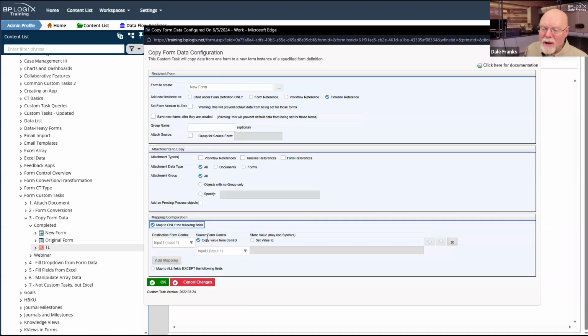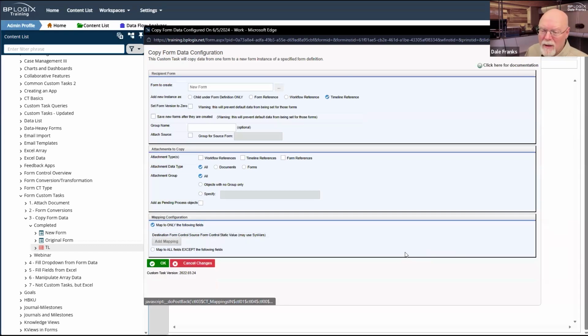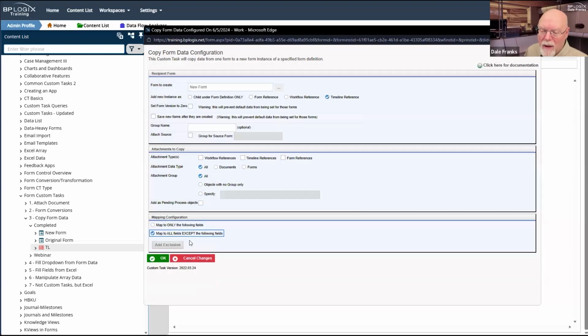I thought there was another. Maybe I'm thinking of a different custom task. If I get rid of this, don't they have the? Oh, okay. Yeah.